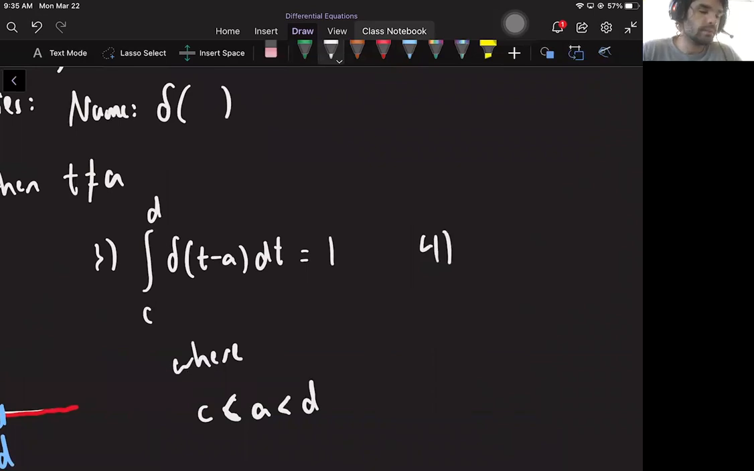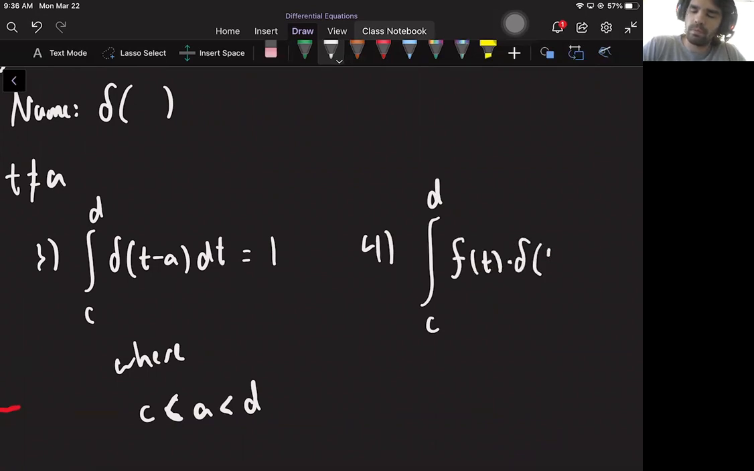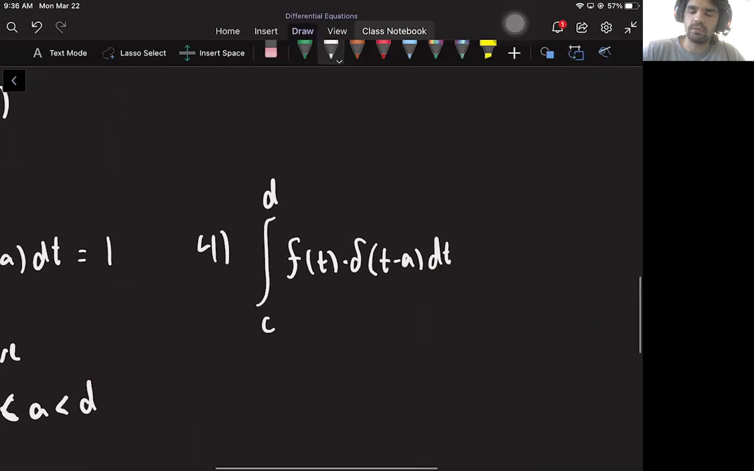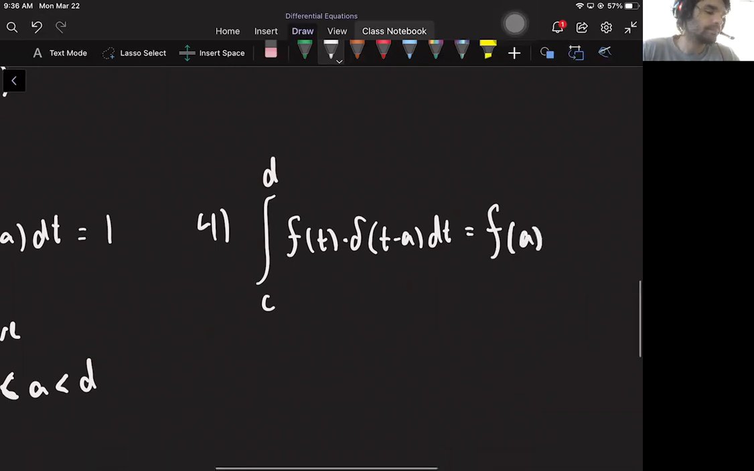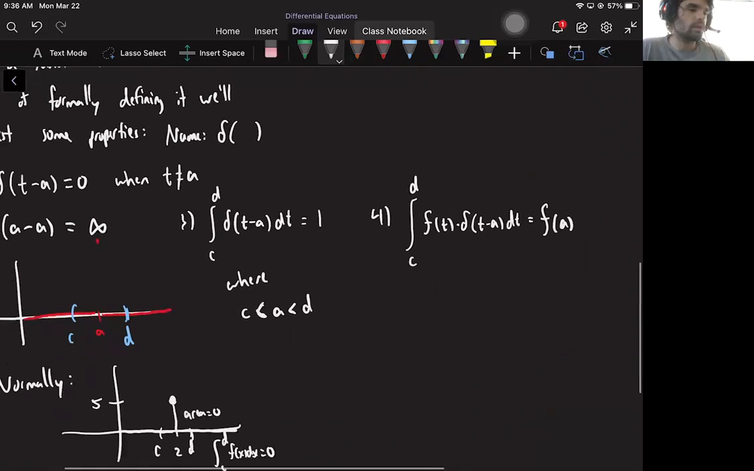And then this last property will just help us do the Laplace transform. So we're not going to try to prove these properties, but we're going to use them. So if you integrate a function times the Dirac delta function around that point, it just becomes f of that t value a. Okay, so we're going to use these properties